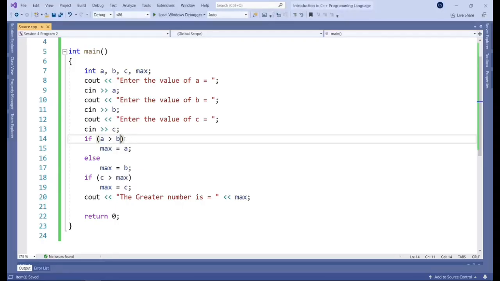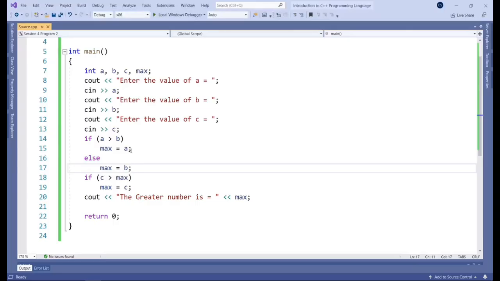If that's true, then the first statement will get executed, and max will be set to the value of A. If that is not true, then you go on to the next statement, which is just an else statement. So else has no criteria attached to it, meaning that if for whatever reason this first scenario or criteria doesn't turn out to be true, doesn't get executed, we automatically go on to this else statement, and this will for sure get executed in the event that that first scenario doesn't take place.